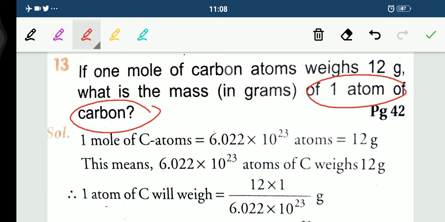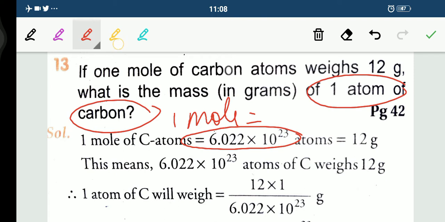Fine children. So first of all we should know what exactly 1 mole means here. I have already told you that 1 mole is equal to 6.022 into 10 raised to power 23 atoms, and that is equal to its molecular mass, that is 12 gram. So we know that 1 mole is equal to 12 gram. I hope it is clear. Now children, we need to know about 1 gram. What will be your 1 gram? That will become, for 1 gram, 12 upon 1 mole.